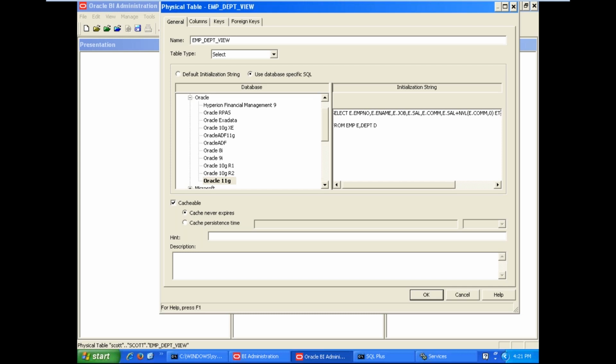Next, deptno is available in both tables, E dot deptno, D dot dname, D dot loc, and finally we apply the join condition where E dot deptno is equal to D dot deptno.